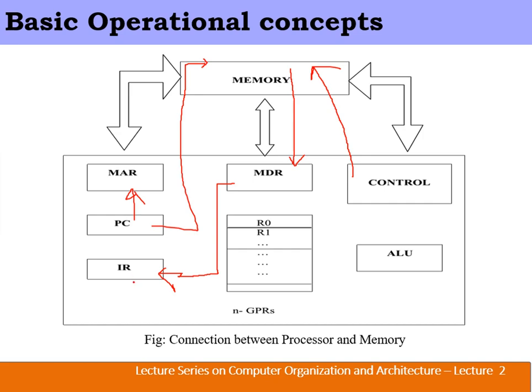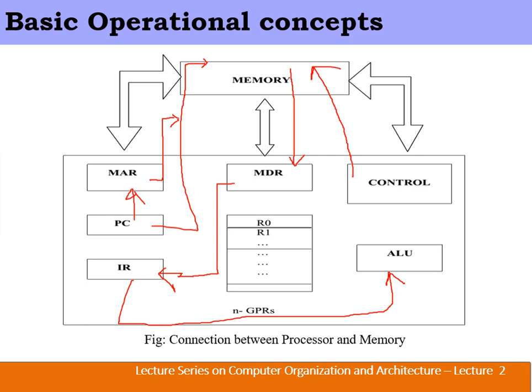Now this will be transferred to the arithmetic and logic unit. If that instruction needs to be executed, it may consist of operands, and operands are nothing but data. So that particular operand needs to be fetched. Again the memory address register is going to give the address in the data memory. Where the program is stored, we call it the program memory, and where the data is residing, we call it the data memory.